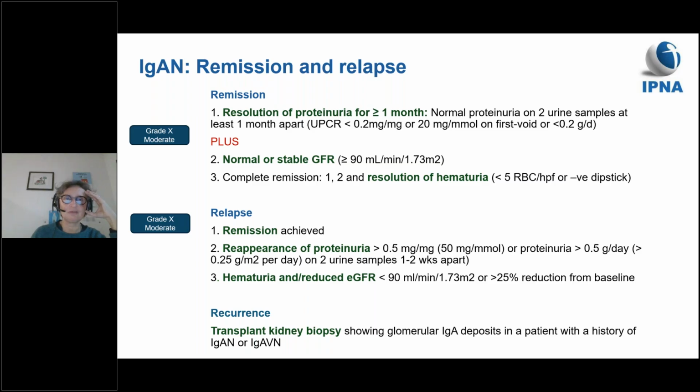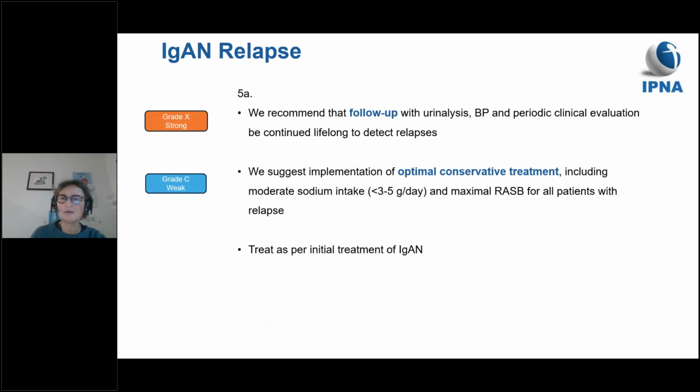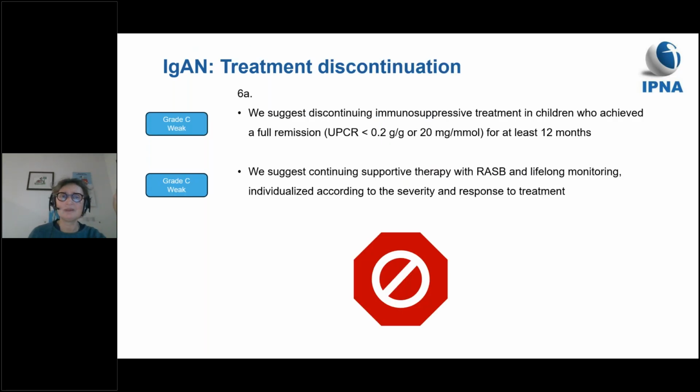So in terms of definitions of remission and relapse, I just put them here again to show you why we were so stringent, and I hope I've convinced you that I think we were right to be so stringent. In terms of relapse, it is important to diagnose it early. At that point, again, we suggest implementation of optimal conservative treatment and then to treat as per initial treatment. In terms of treatment discontinuation, it was suggested that it was reasonable to consider discontinuation in children who achieved a full remission for at least 12 months, and that it was suggested to continue supportive therapy with RAS blockade, individualized according to the severity and response to treatment,